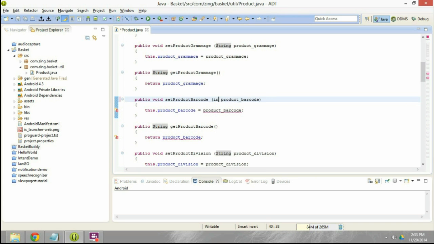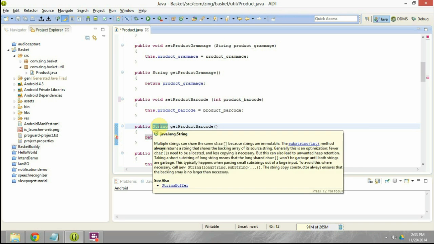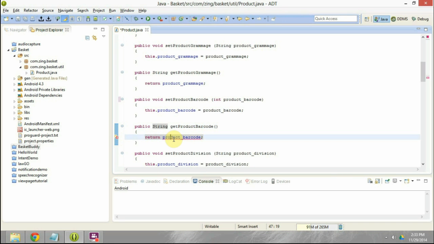Instead it should be int, because I should pass an integer only to this method. Now when I'm returning, this is the return type. So the get product code cannot return type string because this field is an integer. So I can change this to int and that will resolve it.